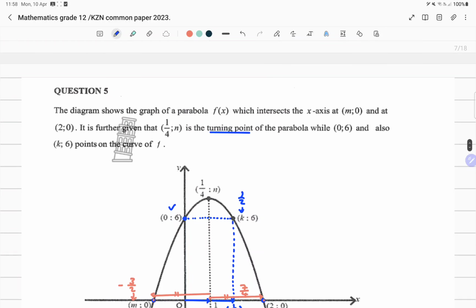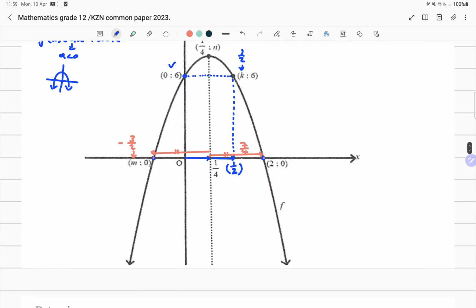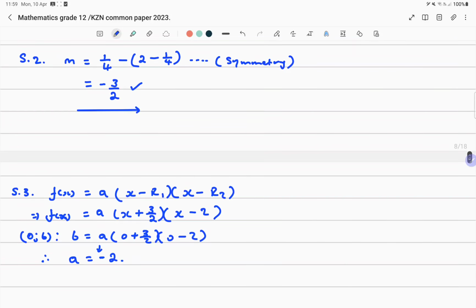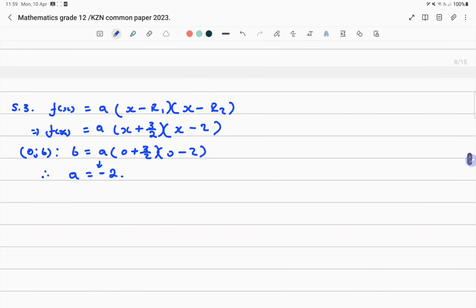So we know that for a parabola, if we say f of x is equal to ax squared plus bx plus c, if a is less than 0, the parabola always looks grumpy. So even if we may be wrong about the value of 2, the sign is making sense. Most likely we are correct. Now this implies, I want us to use another form. This implies that f of x, if we use the vertex form, it's going to be a, which is minus 2,